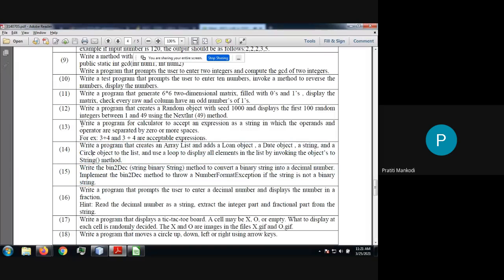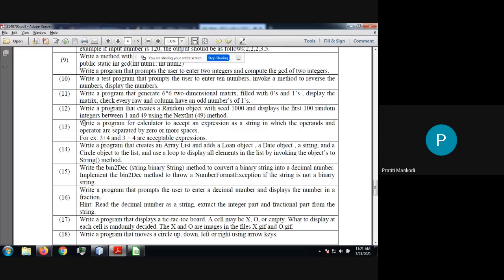But I am not in a hurry. I don't want to complete the syllabus from my side only. You should be getting the things as well. So if you have any problem related to any of the programs and you need my help, we will surely utilize the discussion time. So let us begin with program number 13.